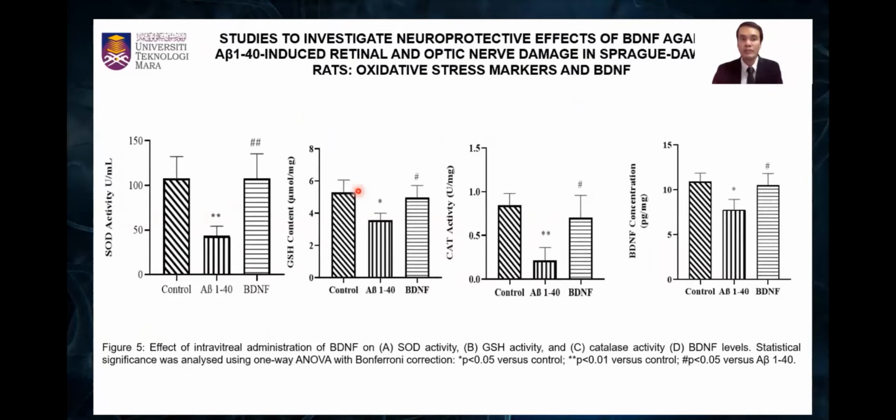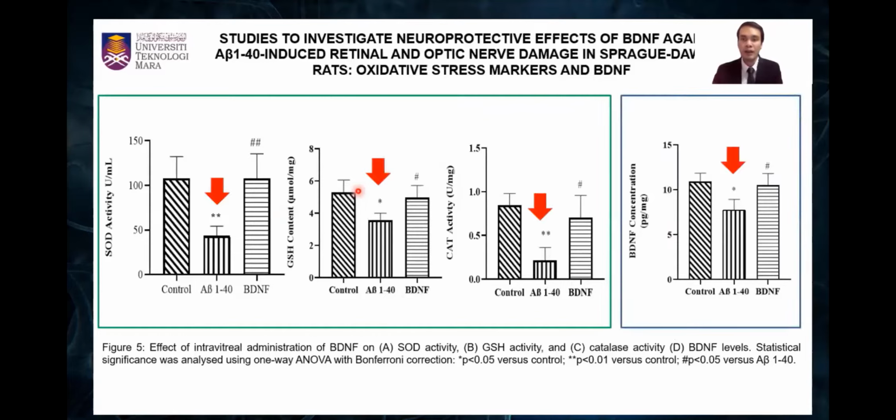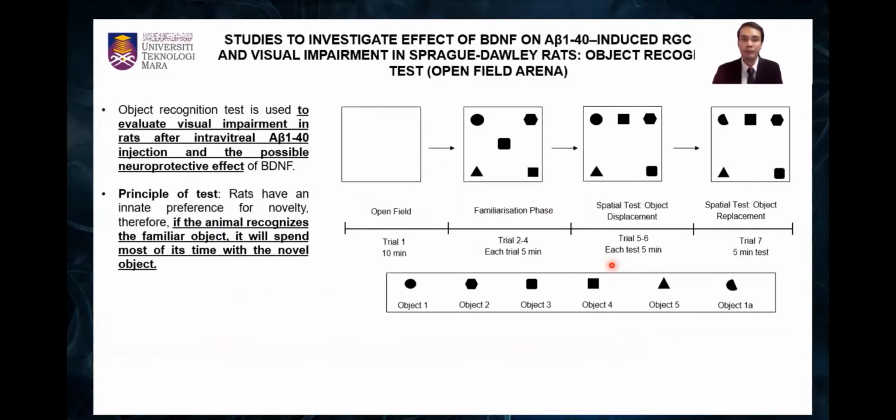Similarly, when we observed the oxidative stress marker and BDNF concentration using ELISA, we found that in the 140 group, the activity of SOD, GSH, catalase, and BDNF were significantly lower as compared to the other groups. We then proceeded to the object recognition test using an open field arena, where first the rats undergo the familiarization stage,